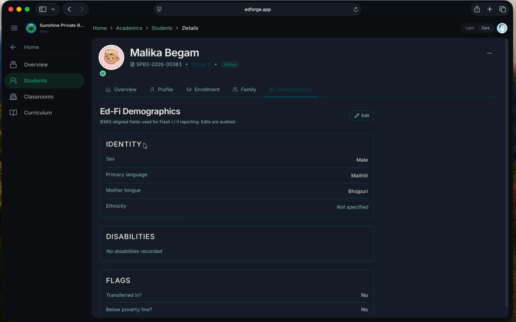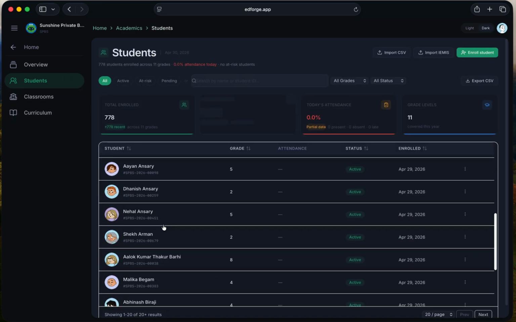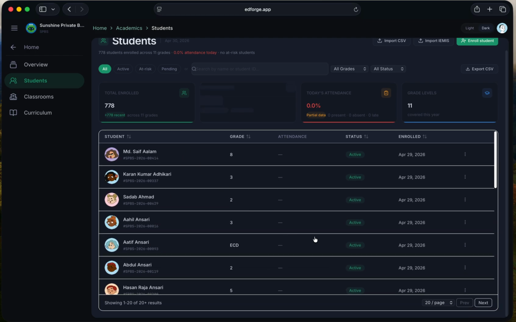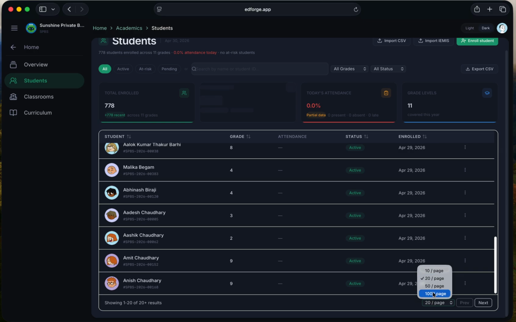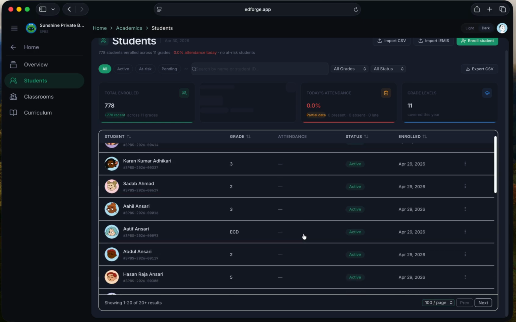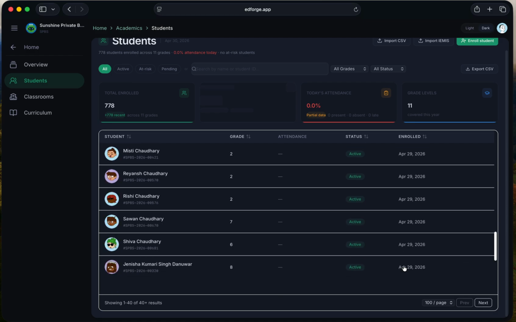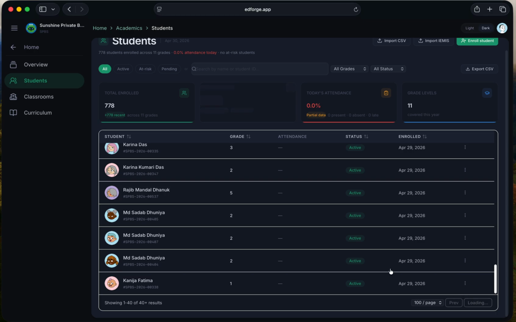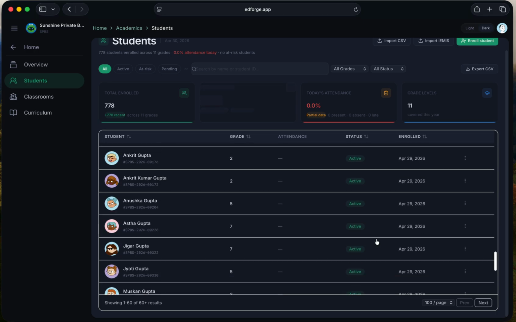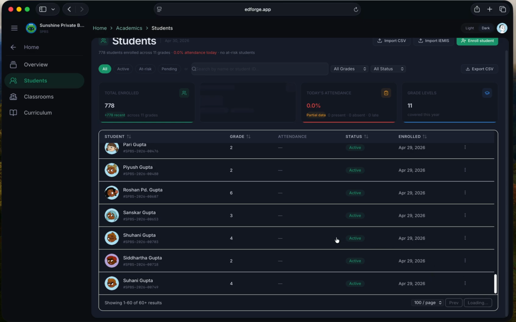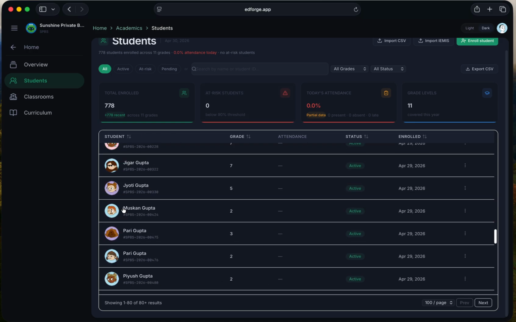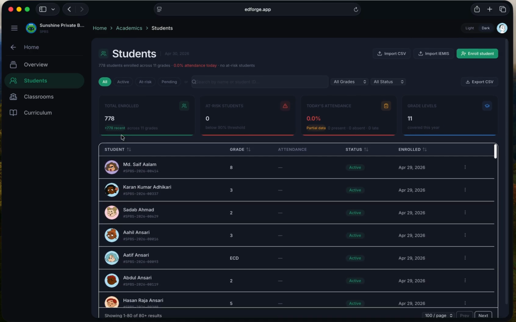Now that all these students are created, we have this table. By default, it shows only 20 students at a time, but we can go all the way up to 100 students, and then there is pagination. So if I click next, the application will go and pull the next set of student data. There's more, and so on and so forth. So we got the students into the system. Now from this point, these students can